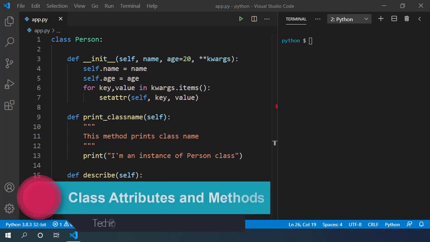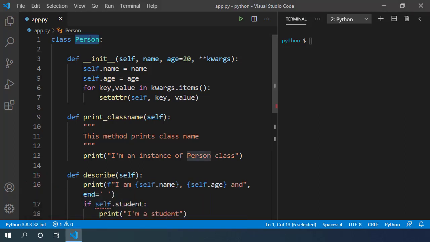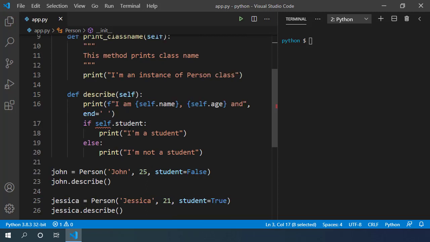In the last video, we created our first class, Person. Let's explore some of the internals of this class. In that class, we initialize a couple of attributes, name and age, inside the constructor __init__ method. Earlier, we had those two properties assigned outside the __init__ method. So what exactly is the difference between the two approaches?